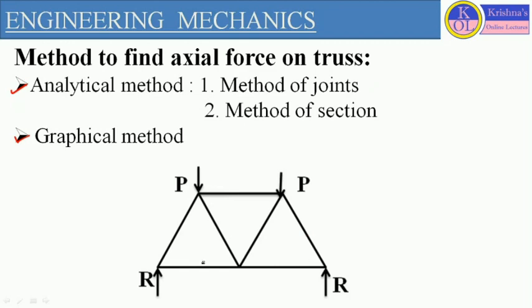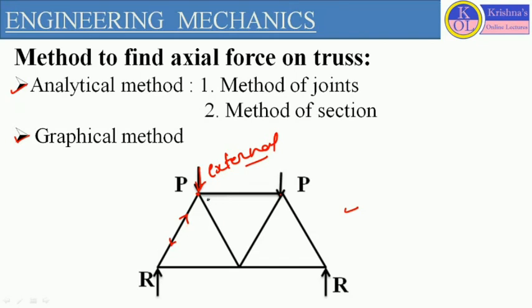If we see this particular diagram which is representing the truss or frame, we generally consider two types of forces. One is the external force which always acts at the joint of the truss. So this particular force which is acting at the joint only, that is called the external force. And another force we consider as the effect of external force, and that effect of force is acting actually over each member of the truss.